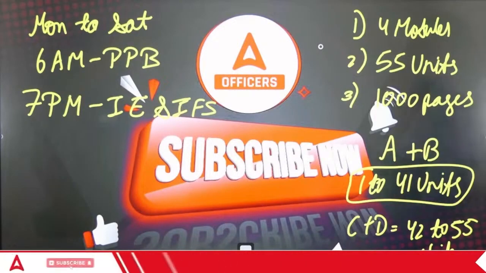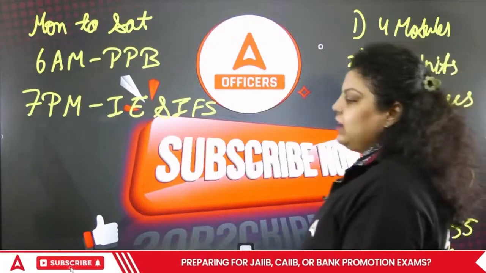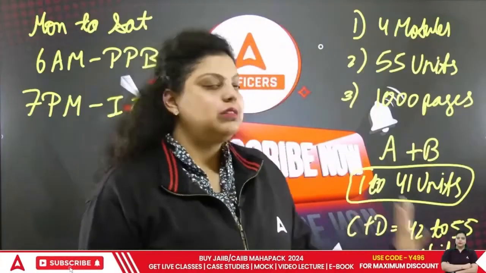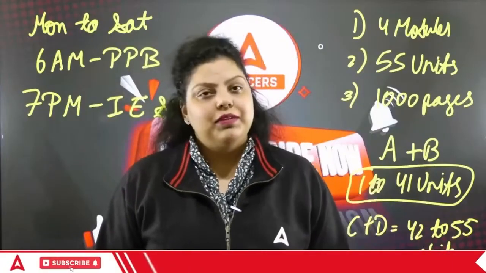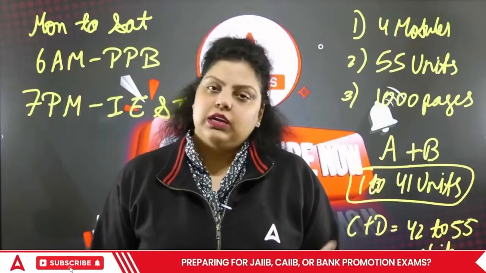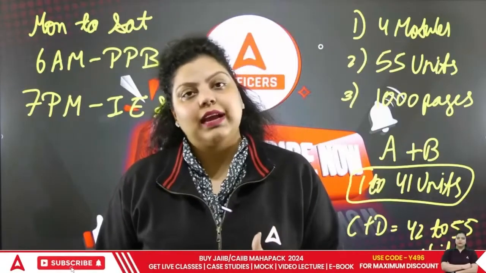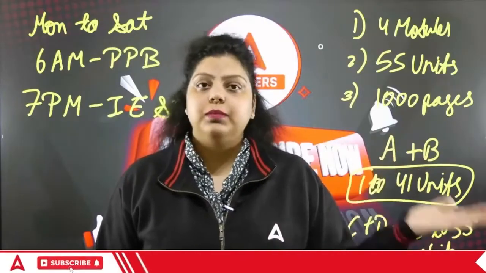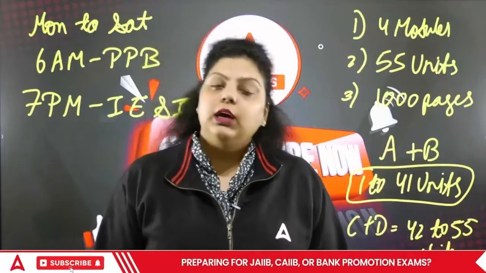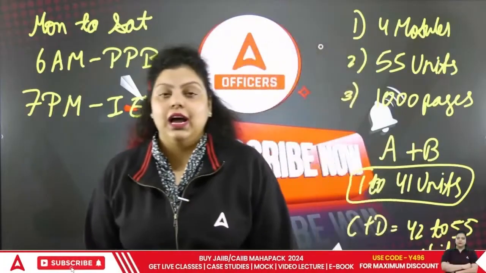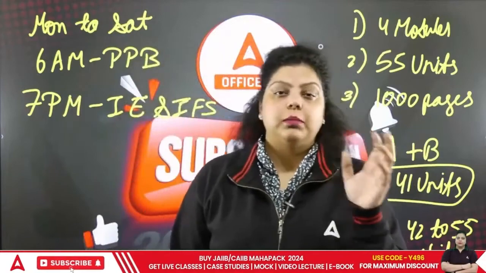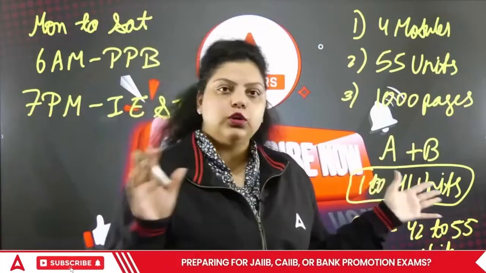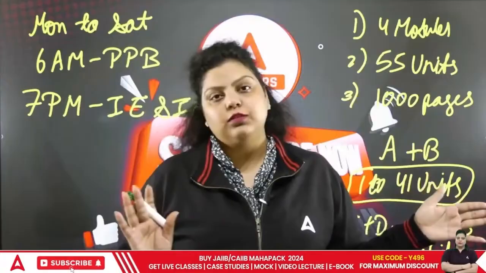So I would suggest you start right now with the C and D modules. Why? Because within 1 month you will be able to cover them, as they have very little content. After completing C and D, you will have the satisfaction that you have done 2 modules, which means 50% of the modules are complete. Then start with the A and B modules, because they have a lot of content to study and a lot of things to remember, so you need more time to cover the syllabus. Prepare them, and regularly give tests for the C and D modules.